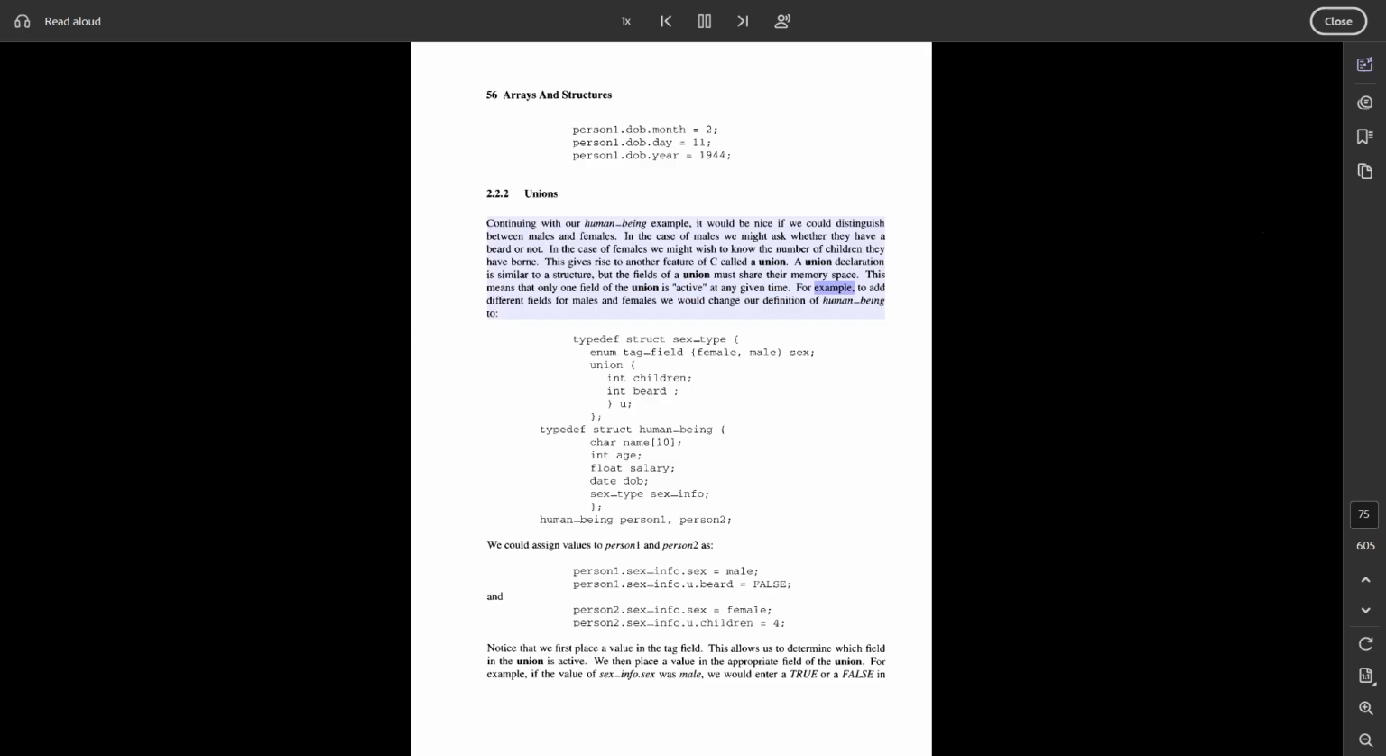For example, to add different fields for males and females, we would change our definition of human_being to typedef struct sex_type { enum tag_field {female, male} sex; union { int children; int beard; } u; }; typedef struct human_being { char name[10]; int age; float salary; date dob; sex_type sex_info; };